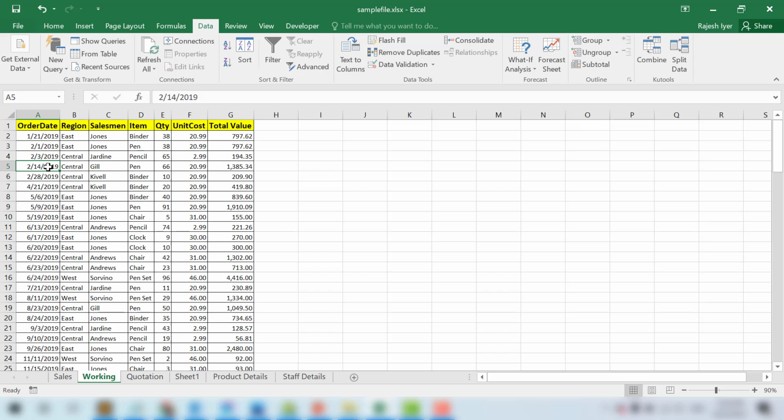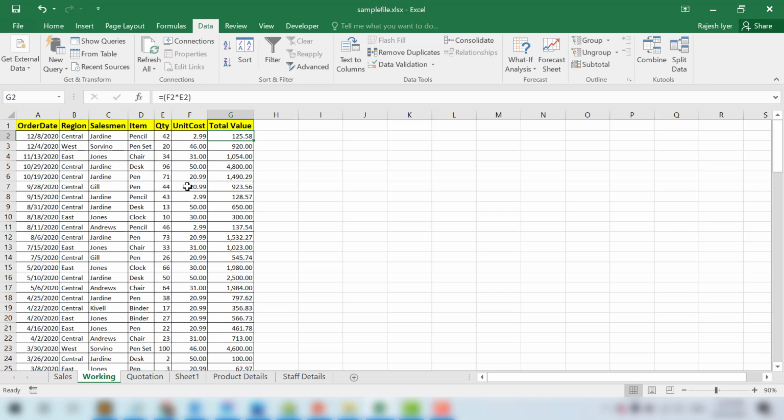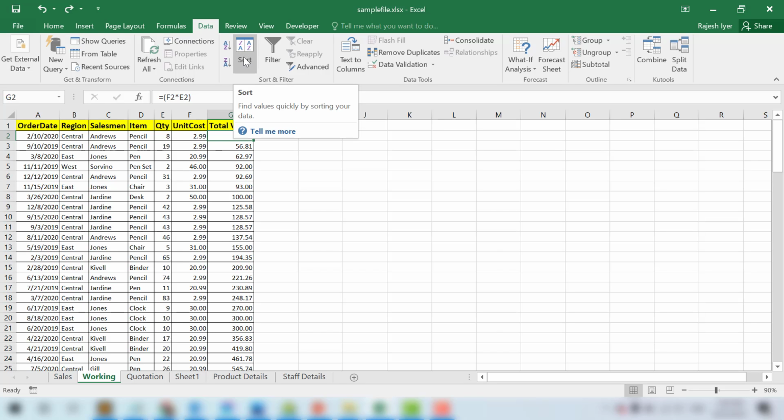Now if on the same column I press Alt A SD, it will automatically sort the data in descending order. So this is how you reduce the time. Instead of navigating here and there through the menus and finding the options and clicking on them, we can directly use these shortcuts to sort. Now say I want to sort the data based on the total value. So I'll be here and directly press Alt A SA.